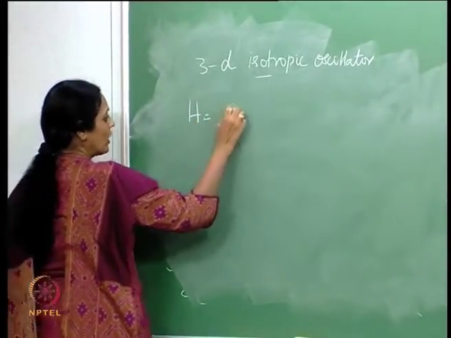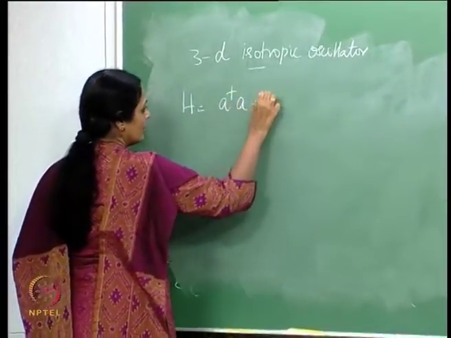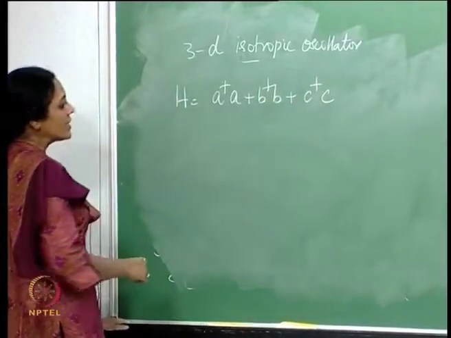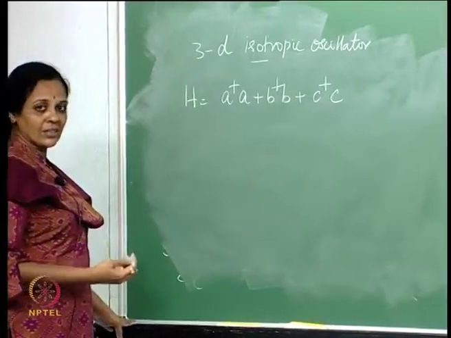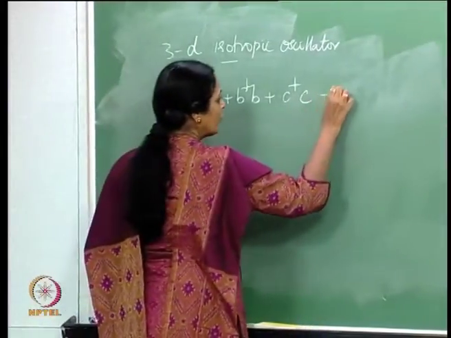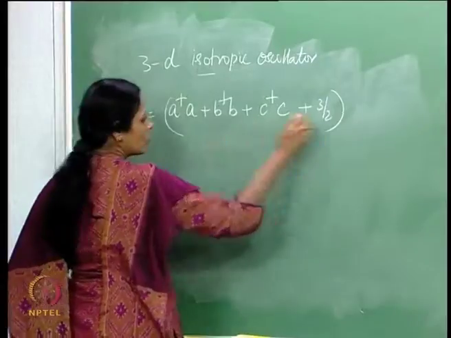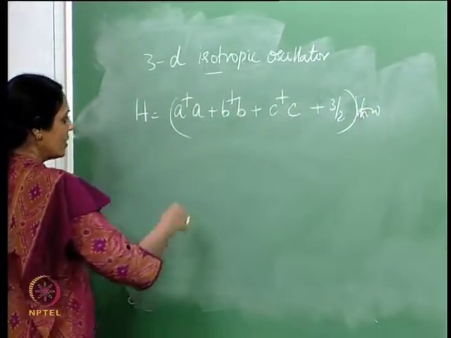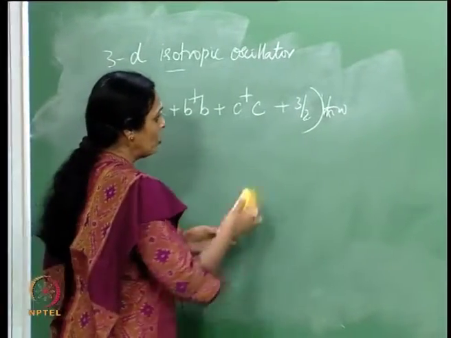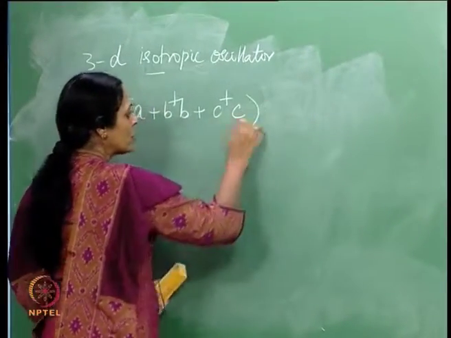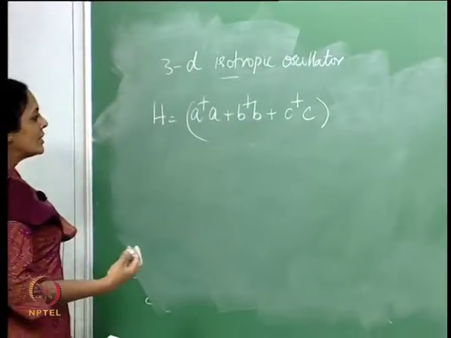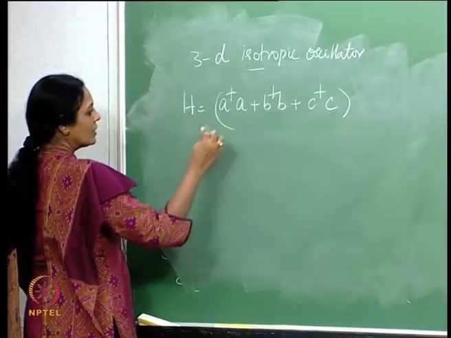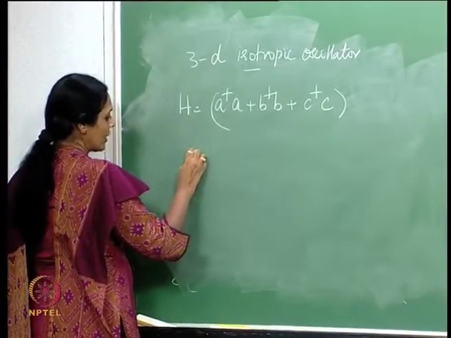The notation would now be evident. H is A dagger A plus B dagger B plus C dagger C. Of course, there would have been a 3 by 2 h cross omega, half coming from each of these oscillators, but we will choose to forget that for the moment. Our aim is merely to find out the degree of degeneracy of every eigenvalue, and therefore, the analog n in this case